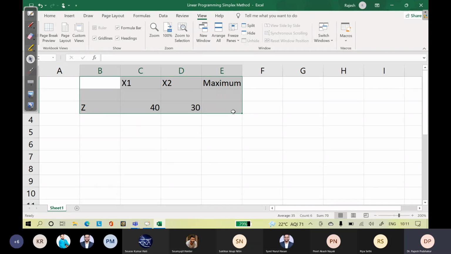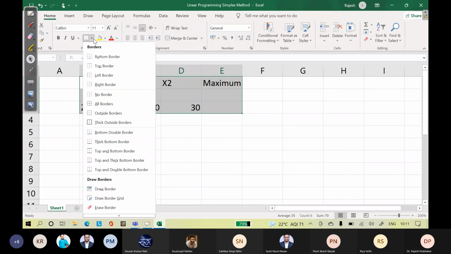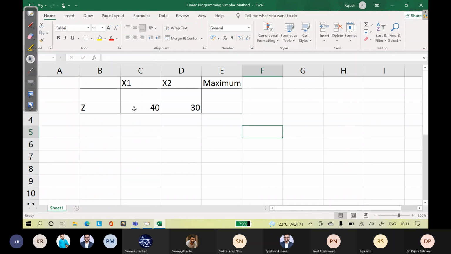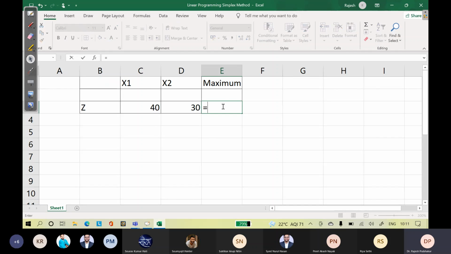All right, so this is our core table. So basically what you want is 40 into x1 plus 30 into x2, you have to get the maximum value. This is the formula you have to input. It is only plus, right? The equation. Yes, sir.